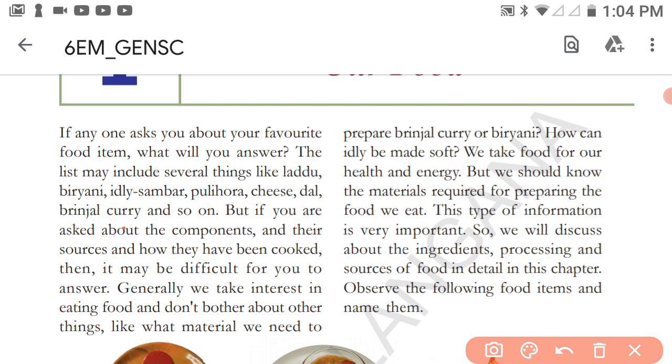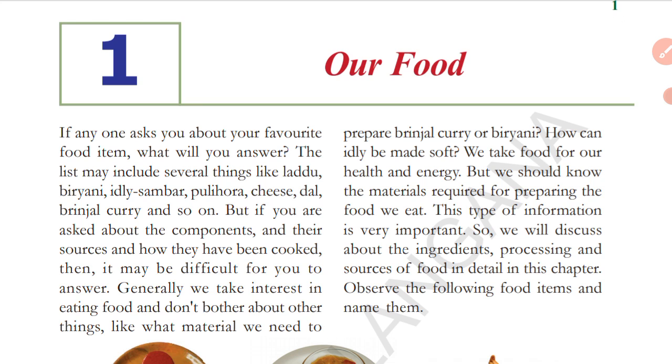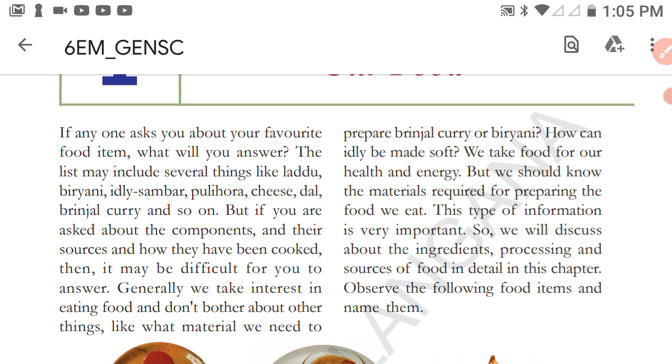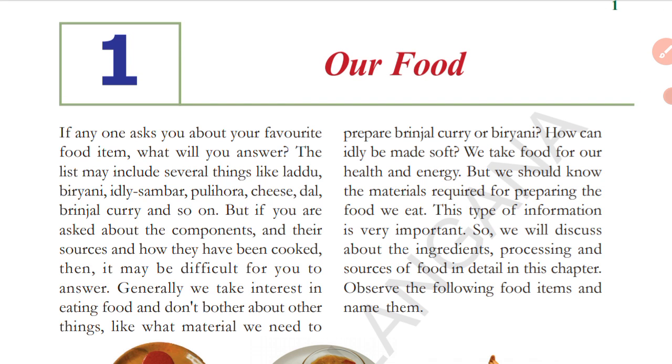I have asked you what your favorite food items are, and you have answered with a long list. Now, if I ask you, how was your favorite food item prepared? Suppose your favorite food item is biryani. Okay, there's a lot of process. But if I ask you how the preparation is done, what materials are required, and which method is used to prepare it,